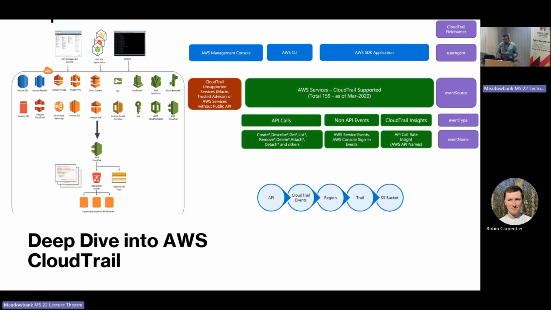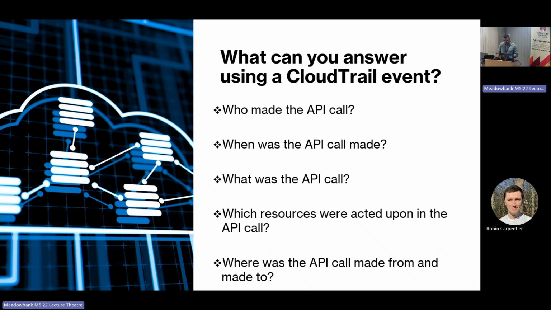As of now, I think there are more than 235 services which are supported by AWS CloudTrail. This slide is slightly old. It could be more. I don't really know the exact count, but last time I saw, it's more than 235 services which are supported. So what can you answer from an AWS CloudTrail event? We'll touch upon that, and I'll show you a sample CloudTrail event shortly. But what you can uncover is